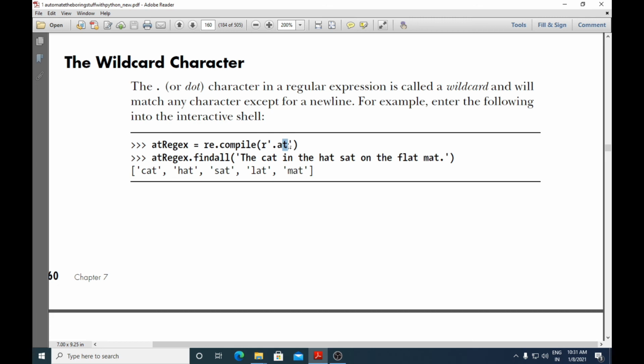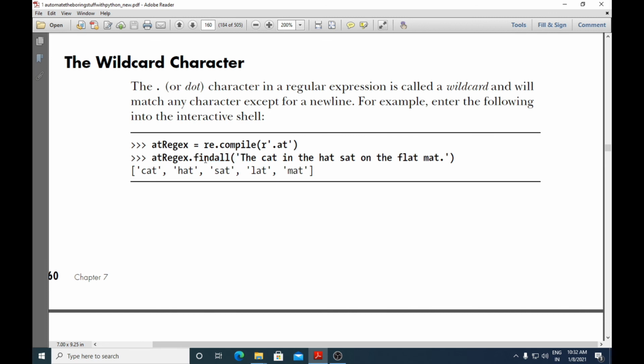The findall method will return the list of strings that match the regular expression, that is, all the text matching that regular expression will be returned as a list.